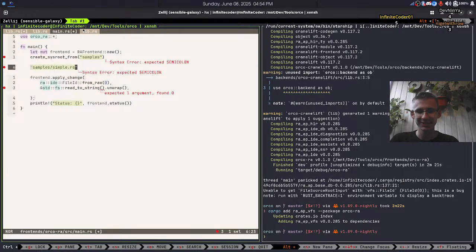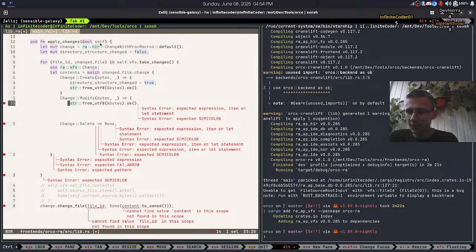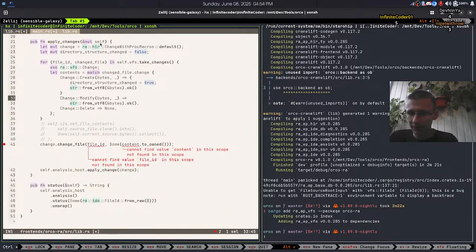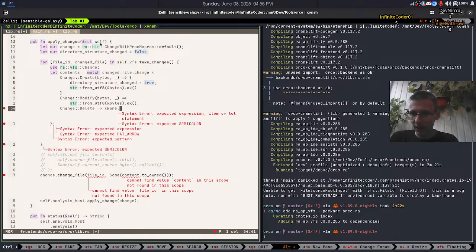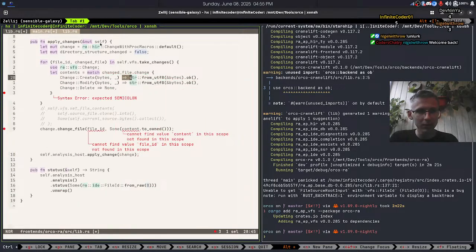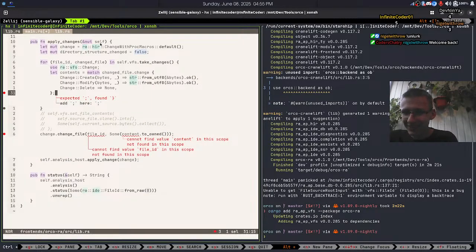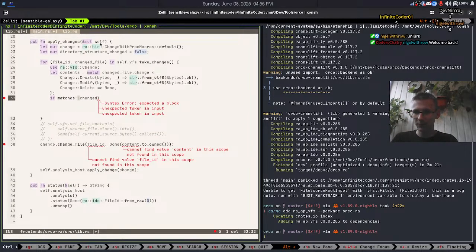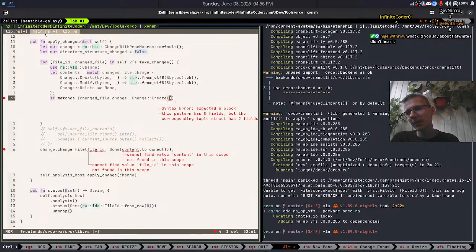Yeah, also tab bar. Not what I like in Sims. So here I'm just gonna do that, and here I'm gonna say it's also change directory structure. Actually, you know what? I'm gonna undo that. Welcome back. You didn't even work. Well, that's fine. If matches changed, file change, change, tabs,